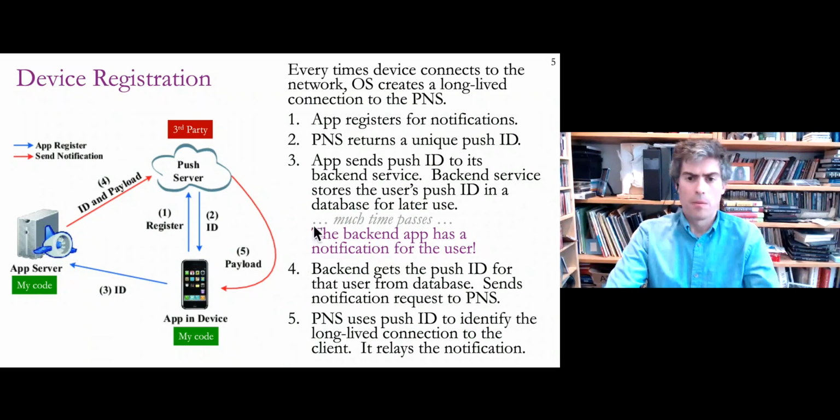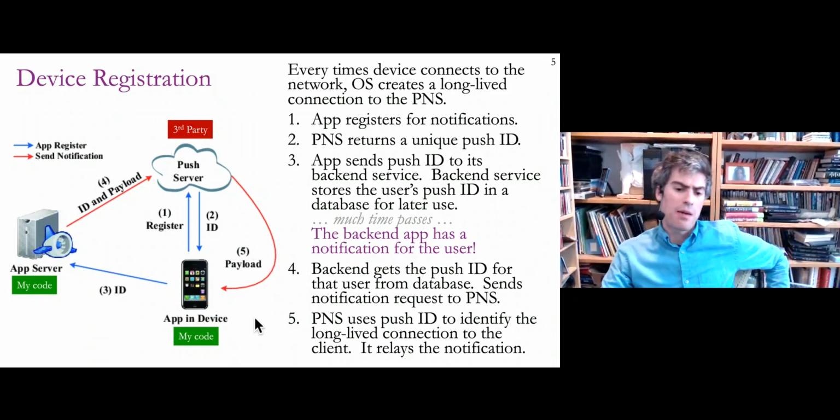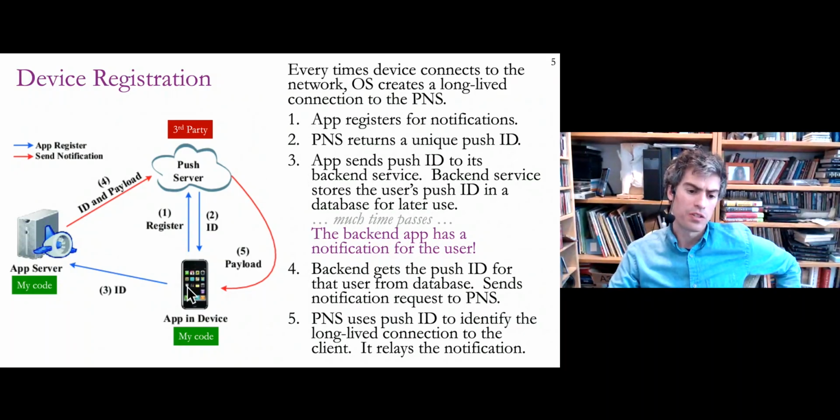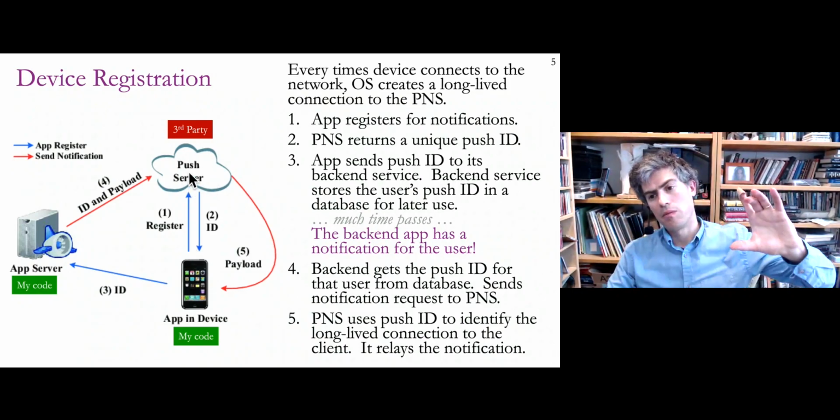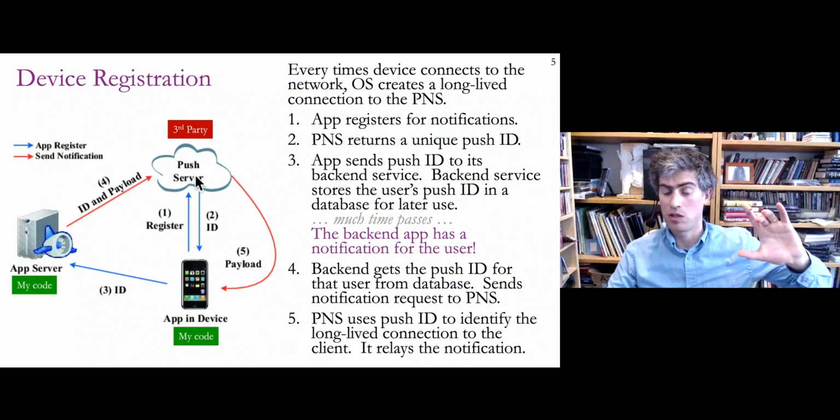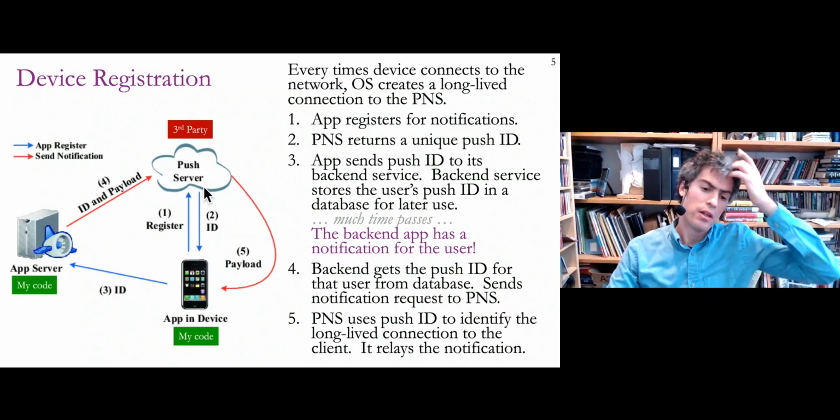Okay, but there are a few steps that the app has to go through to make this work. Initially, the app is installed, and as an app developer, I don't have the necessary information to send a push notification to this user. What the user has to do is launch the app, and then some code in the app on the smartphone will make a call to the OS to register for push notifications. That will cause the OS to throw up a dialog on the screen that asks the user their permission to get push notifications. If they agree, then